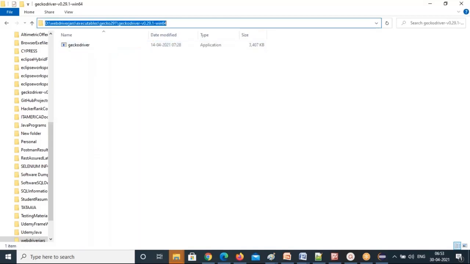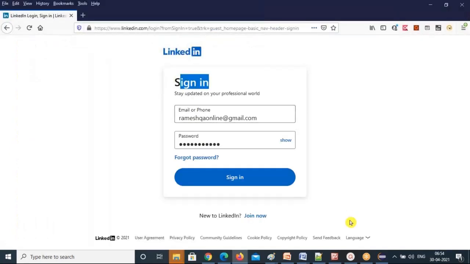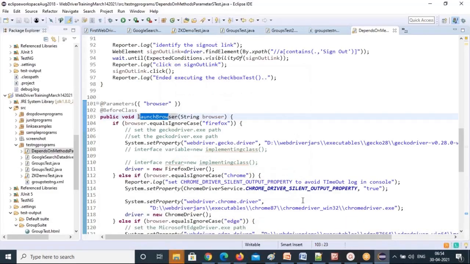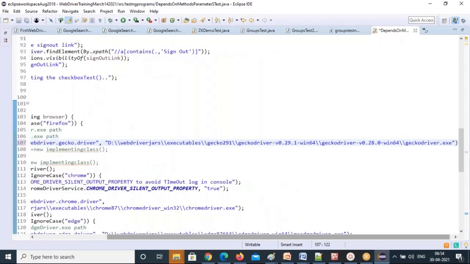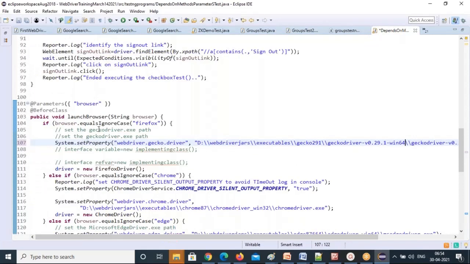So you see that this is the really tricky one. I'm just changing everything into one method for each browser's code. I'm changing everything into one method, so I can control which browser I want to run from the XML file. See, with @Parameters I can use it. I want to pass this browser parameter from the XML file. So how can you set it?